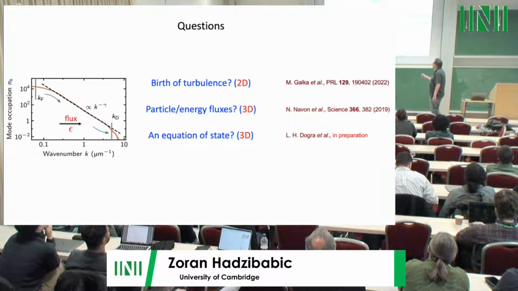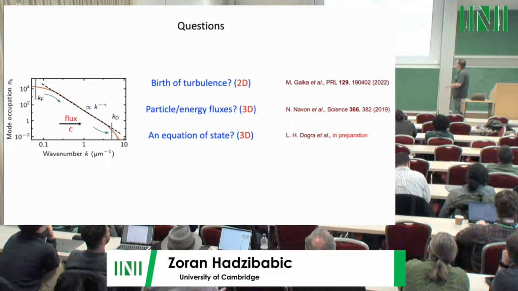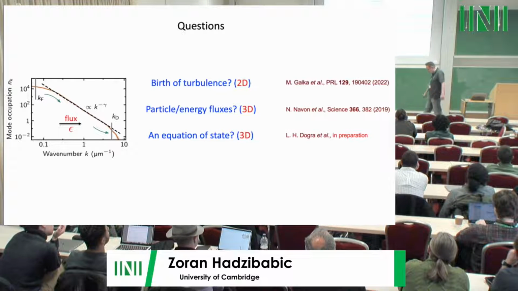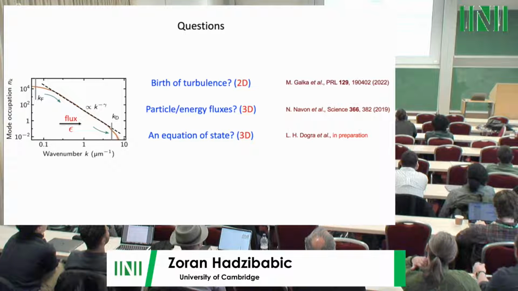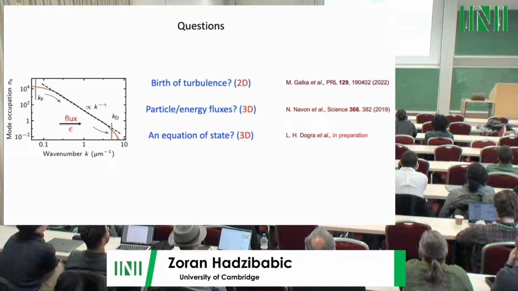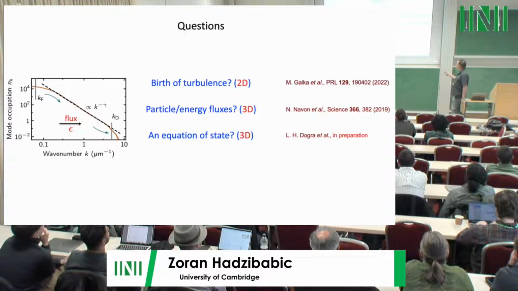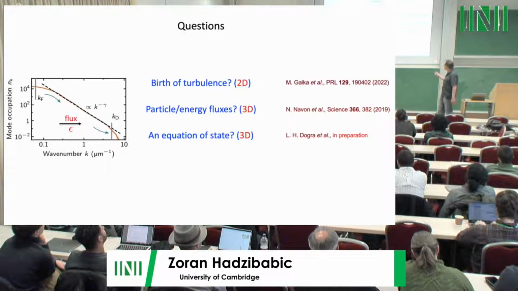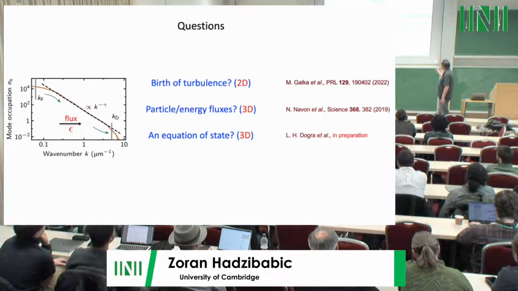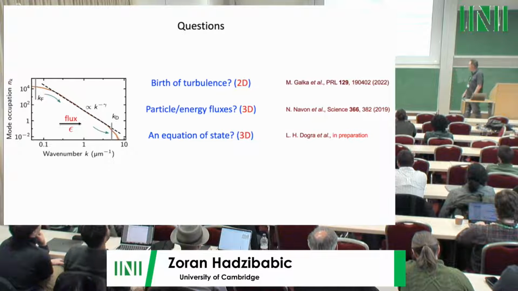Okay, this is the steady state distribution again. The first point is that often, even though we have just seen a counterexample with light, where one can nicely see the time evolution, in many systems you see a fully developed turbulent state. But less often is one able to actually see how that state emerges starting from an equilibrium system. And so in our case, we can look at things at all relevant length scales and time scales, and so we can look at what we loosely call the birth of turbulence. This is Maciek's recently published paper.